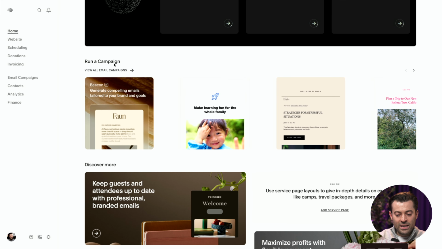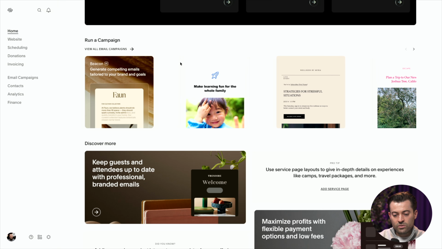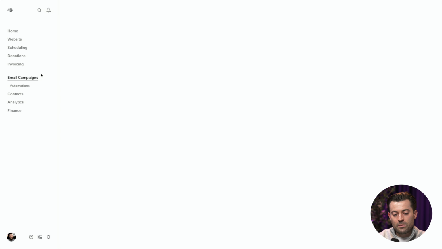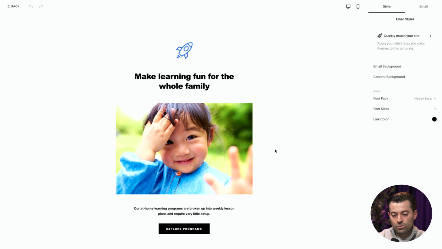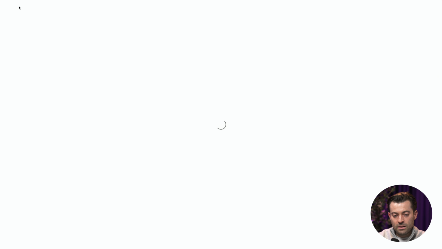And then run a campaign. A lot of this, again, it's just marketing for Squarespace to get you into their email campaigns, which actually I use for 3 of my businesses. So I do think it's very good. And I have it on good authority that it's going to get a lot better in 2026 and beyond. So let's say you click in, it's going to take you into email campaigns, which is another product, but it can show you, again, how to set this up. So let's head back